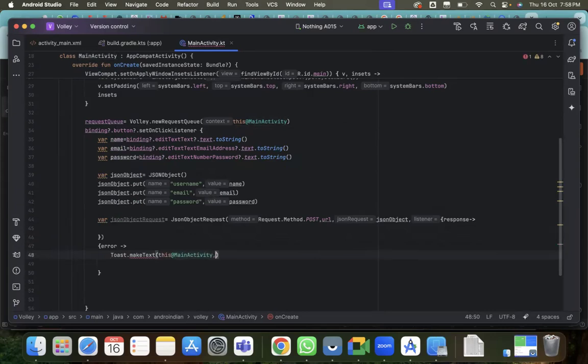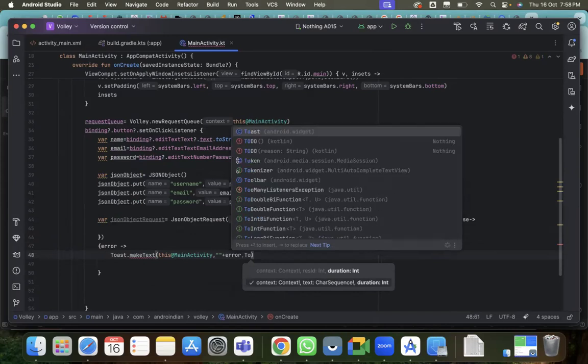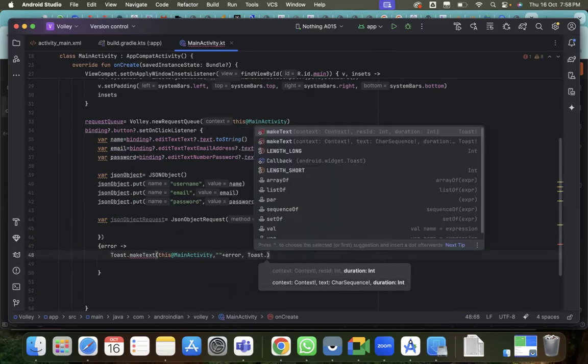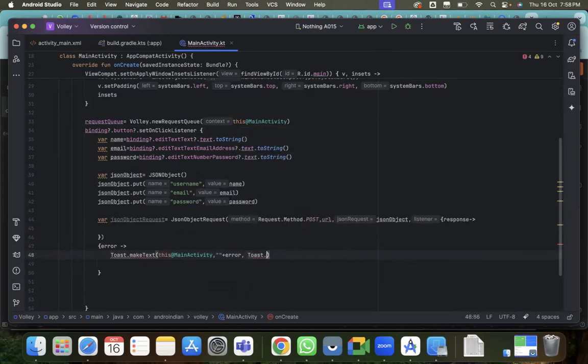Toast at the rate main activity. So here, whatever the error will come, so that error, so then toast dot length long finally dot show. Done. So then